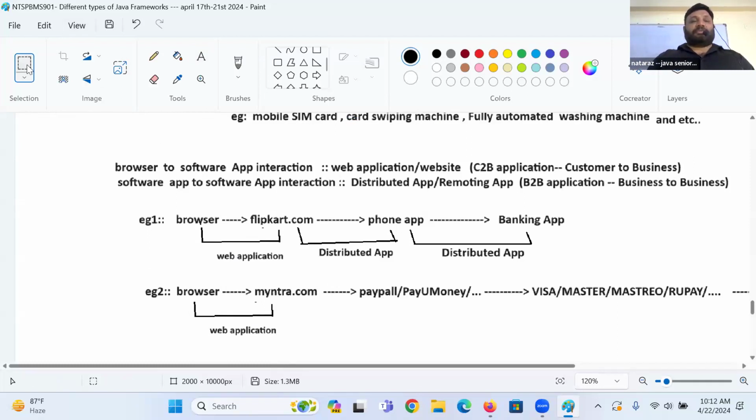Myntra.com talking to PhonePe. What is that? Web application or distributed application? Definitely distributed application. Right, guys?